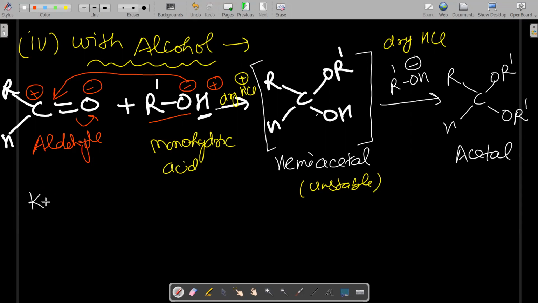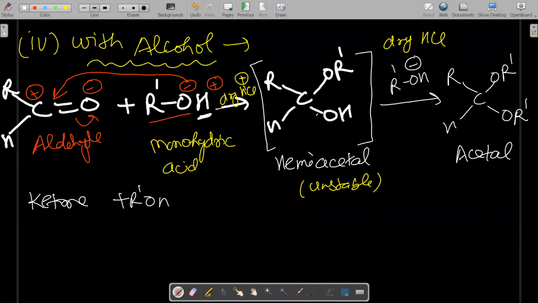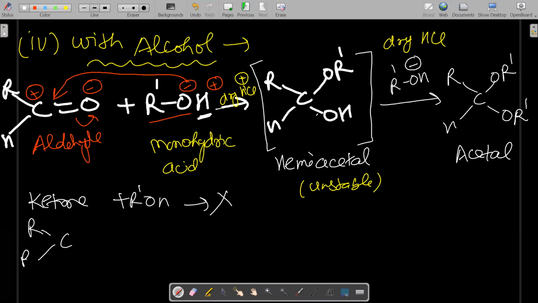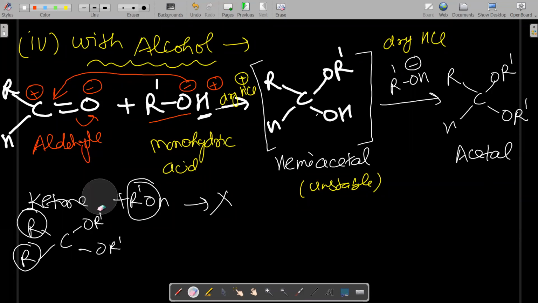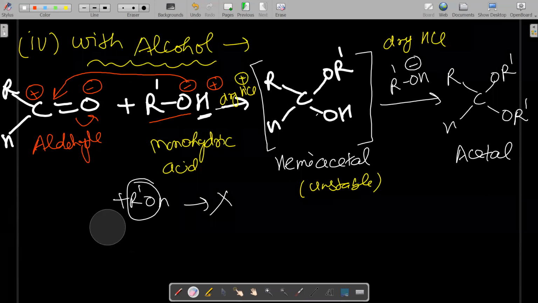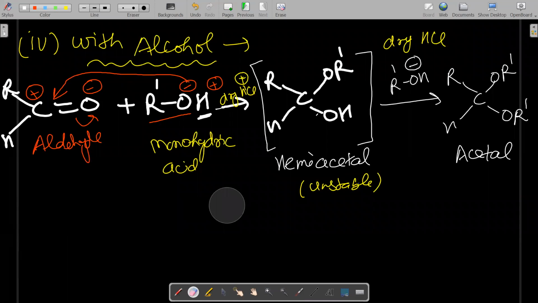कीटोन does not react with monohydric alcohol. There is no reaction of ketone with monohydric alcohol. Because why does no reaction occur? Because ketone is sterically hindered. यहाँ पे 2 alkyl group आ जाते हैं, तो already 2 bulkier groups are there, और ये भी एक bulkier group हो गया, तो इतने ज्यादा जो bulkier group होते हैं, that is not possible. तो ketone does not give this reaction because of steric hindrance in ketone. Ketone has the 2R group, which is the bulkier R group, so this is not possible for ketone.